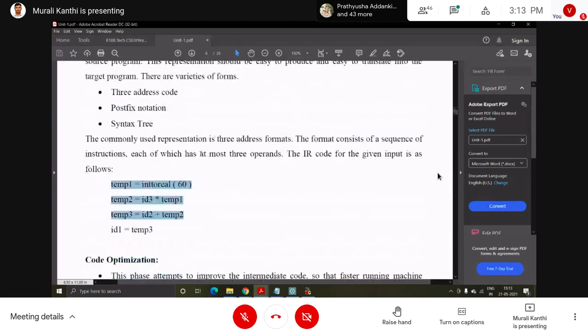The program is going to show which operation is performed first. For example, A plus B into C: is the plus operation performed first or the star operation? In this case, the 3 address code is going to give star the highest preference. So B into C, next the result is added with A. Like that we'll get the output.